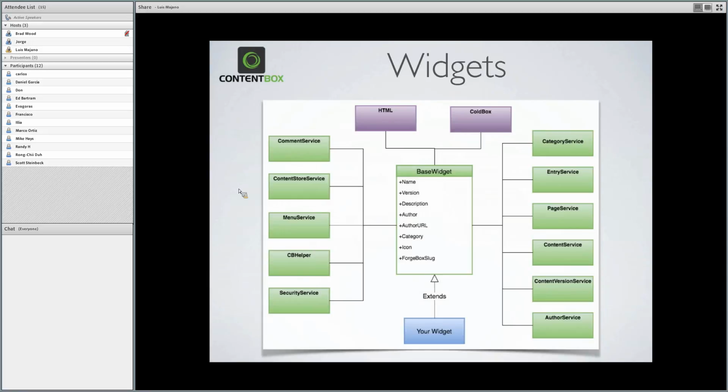Now, the widgets can be used in many areas in ContentBox. Themes by direct execution. In other widgets, remember, everything is managed by ContentBox, so you have the power of the dependency injection framework. So a widget can consume another widget. Okay? Modules, okay? And from the editors. Their location is right there in modules, ContentBox widgets. That's where you would store them.